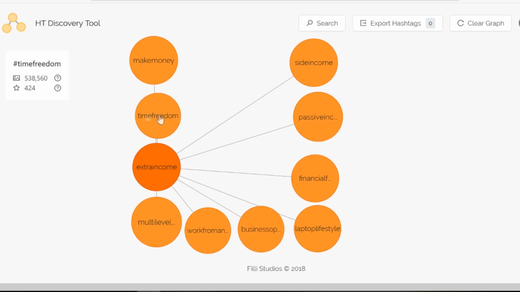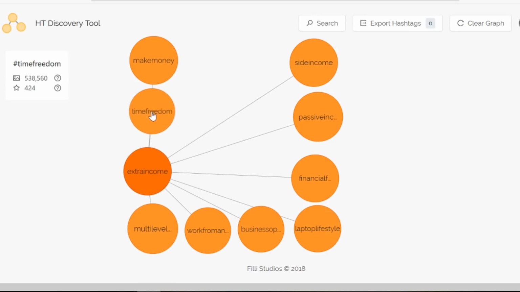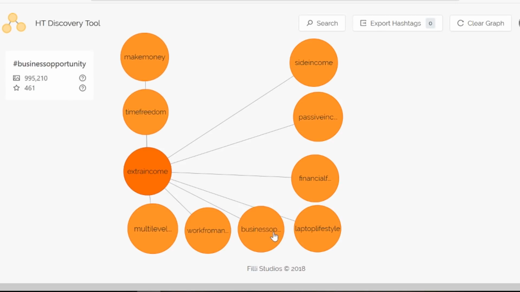Now, one of the cool things about this tool is that if you find a hashtag that you rank well in, obviously this requires you to lift your ass off the couch and do some work, but assuming you do this, when you find a hashtag or hashtags that perform well, you get good engagement from them, and followers are coming through as well, you have what we call a winning tag.